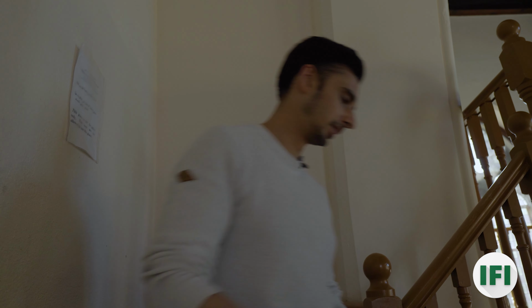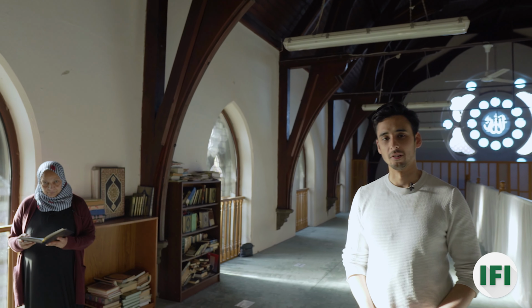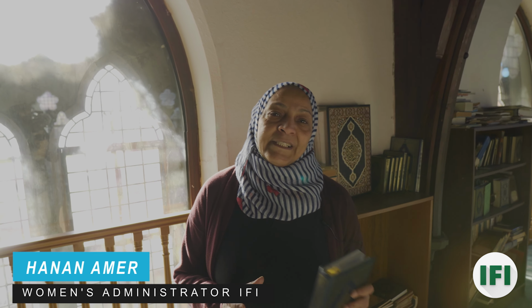Men are required to pray in congregation at the mosque, as it is a symbol of strength and brotherhood. It's also better to pray in congregation than to pray alone. Women have their own section inside the mosque to pray to Allah